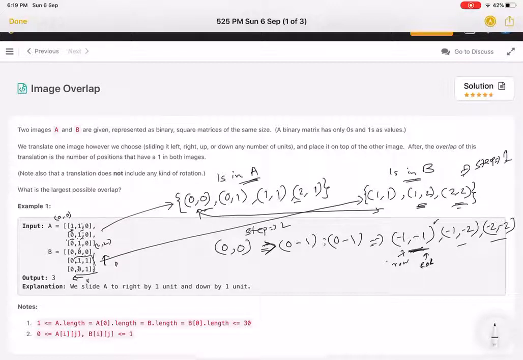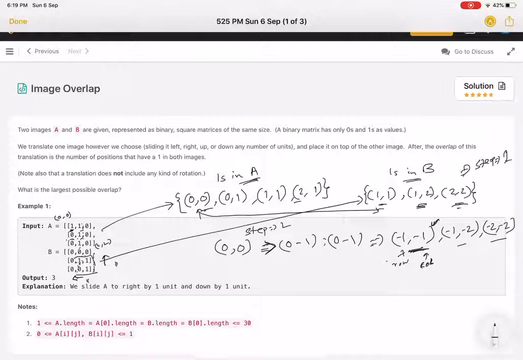What I am talking about is this one and this one, right? This is 0 0, and this is 1 1. So we at least get 1 1 here. So this is 1.